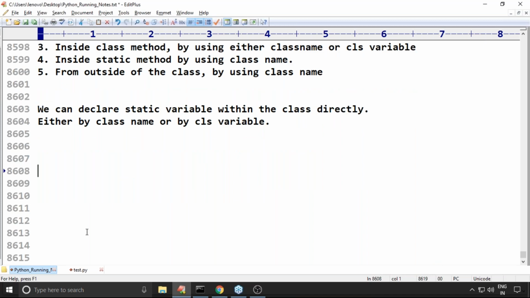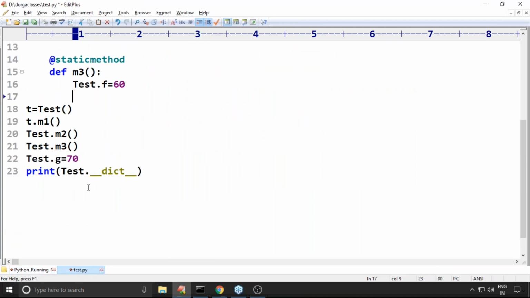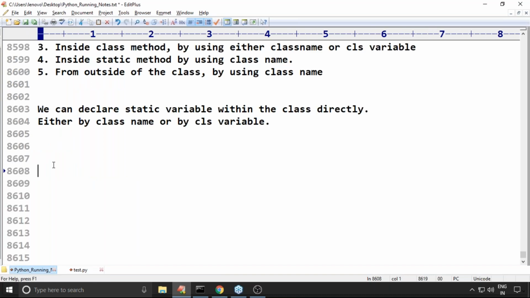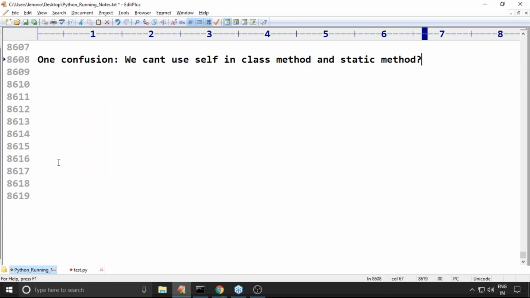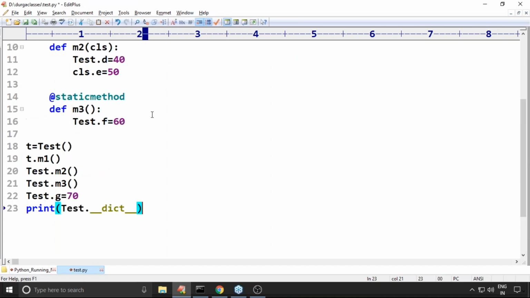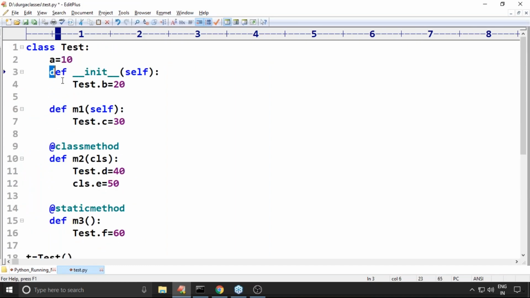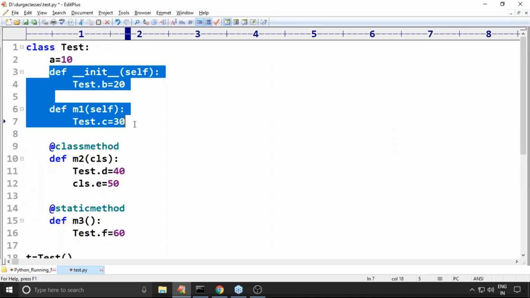Next, one more question Ambuj Kumar is asking. Sir, one confusion: we can't use self in a class method and static method. Okay, remember that. Self is available only for the instance method and the constructor.